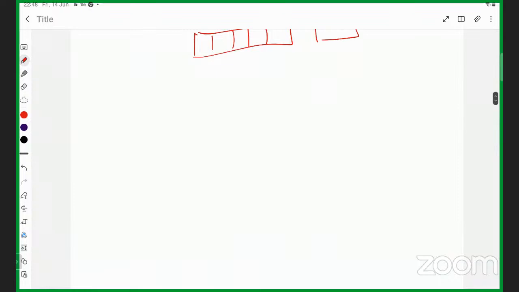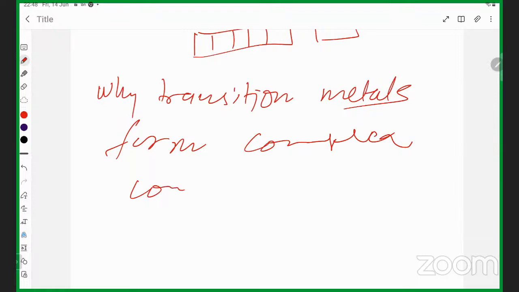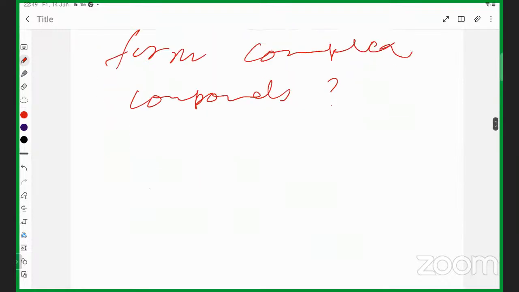Why do transition metals form complex compounds? Why do transition metals form complexes? Sir, small size, high ionic charge and vacant orbitals. Very good, very good. Something you studied, today I can say that you studied something. Okay, good, good. Now,